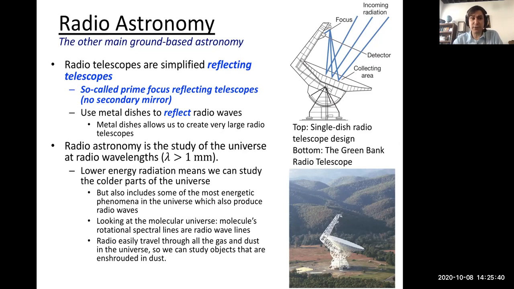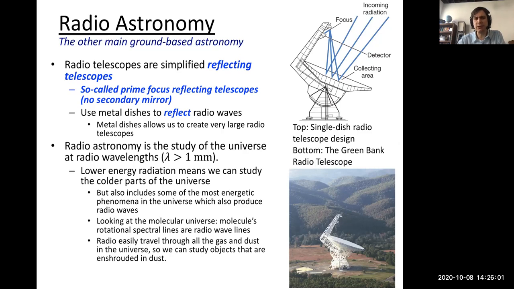Radio telescopes can operate 24 hours. They don't care about the sun. The sun's pretty quiet in radio waves. So yes, this telescope is probably operating here in the middle of the day. Even if it was cloudy, it can still operate because radio waves travel easily through pretty much everything out there. We had to build a metal dish just to harness them and to focus the radio waves, which not only